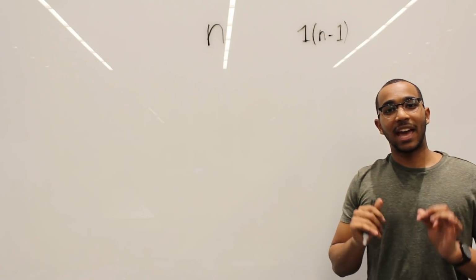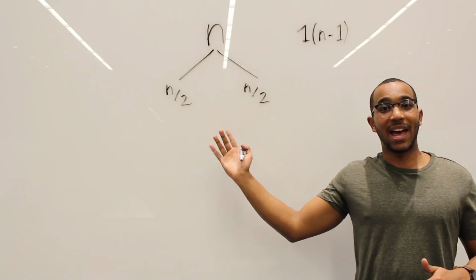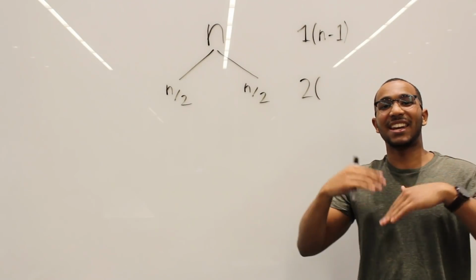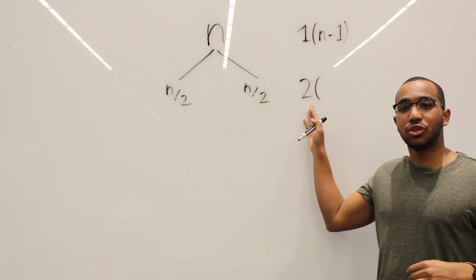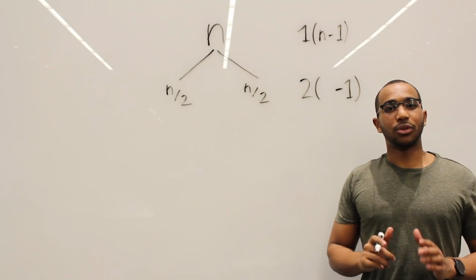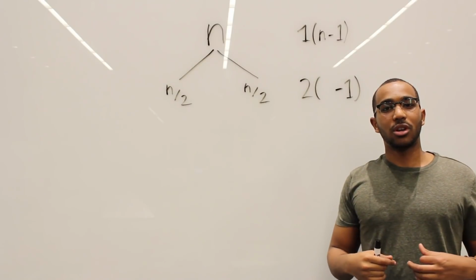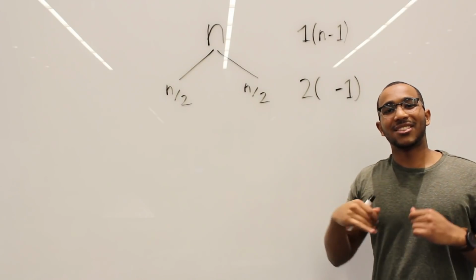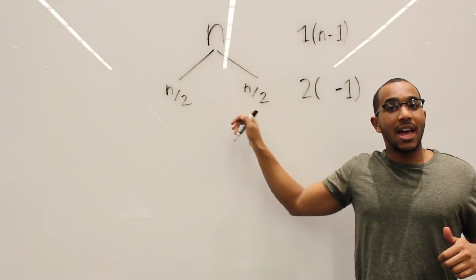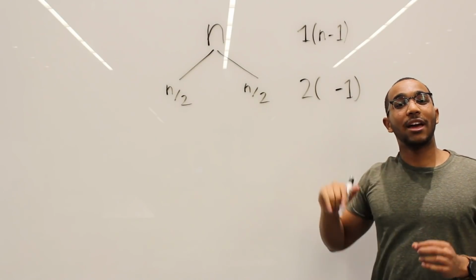So let's branch it again with 2 forks. Okay, we just branched, and how many subproblems do I have? I have 2 subproblems. So write that down. And again, we're trying to find the work in every level. So what we have here is 2 subproblems. How much work do I do? Let me write the minus 1. Okay, I wrote the minus 1, and now I want you to see what is the size of the input to each of the calls to merge. The size of the input as an expression of n is n over 2, n over 2. We split downwards. I can't put n there. I put n over 2.